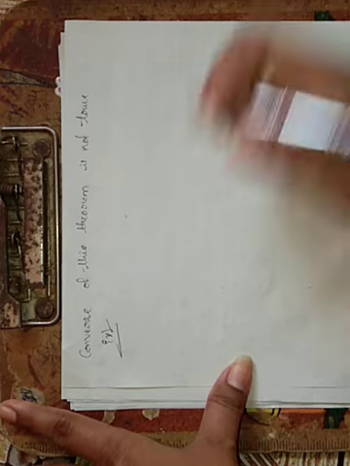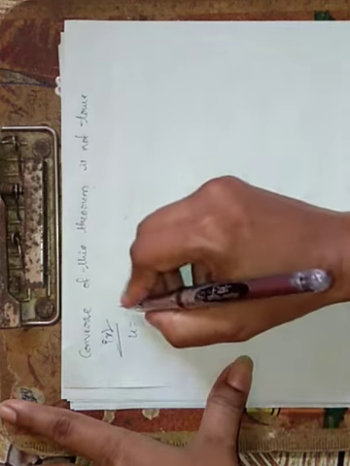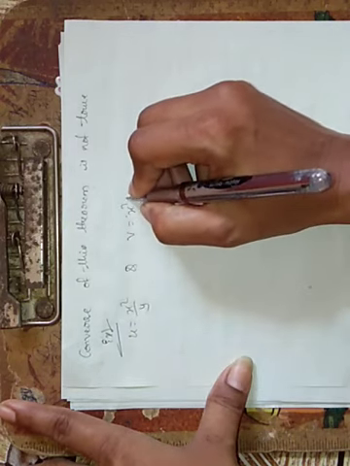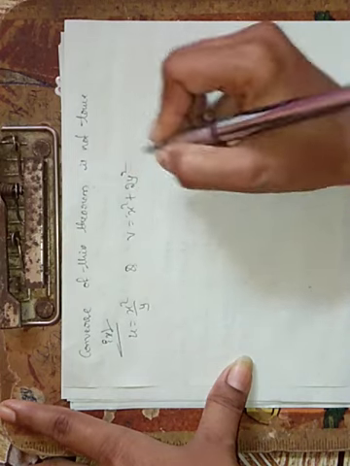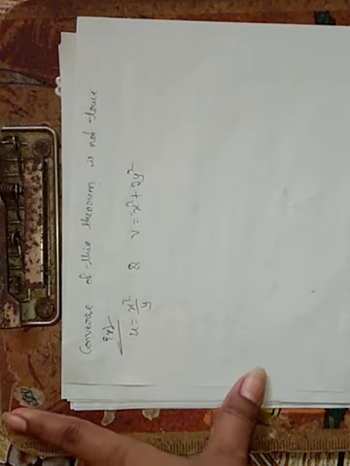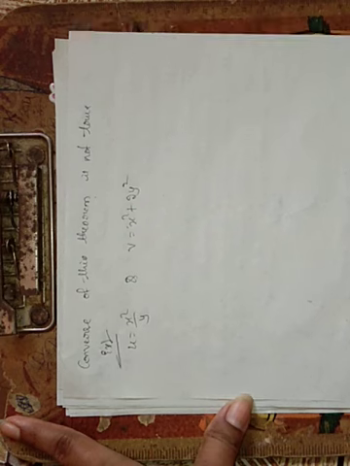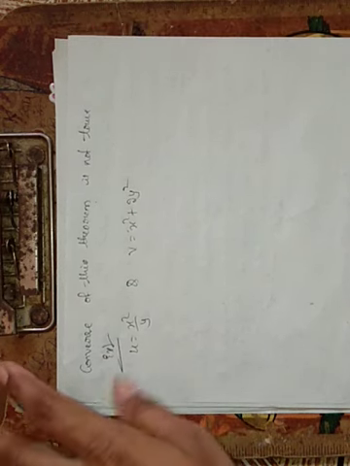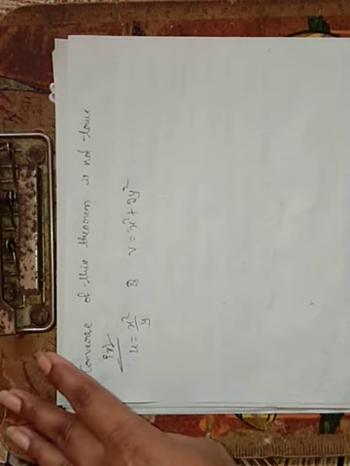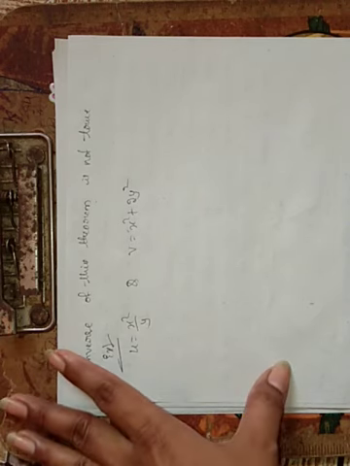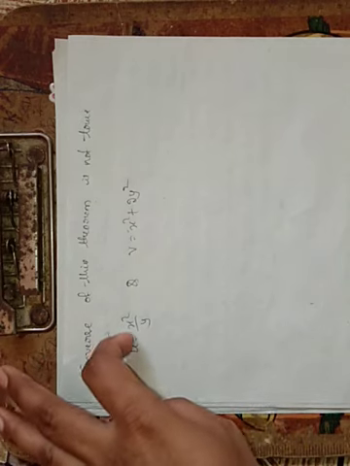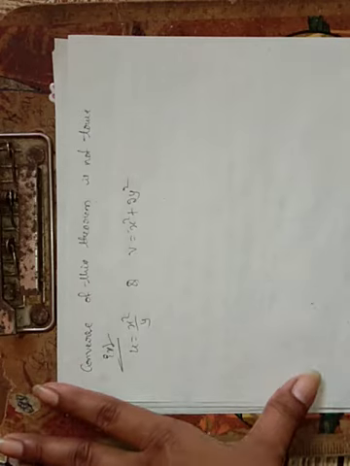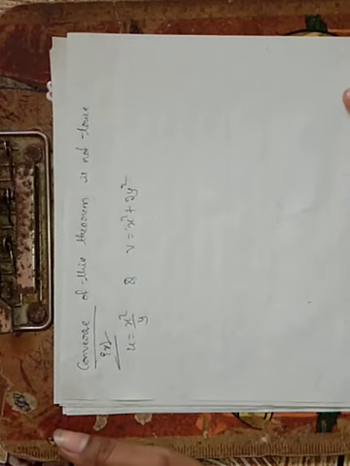So I am taking an example here. Let's consider the curves u equal to x square by y and v equal to x square plus 2y square. The converse of the theorem means if the curves intersect each other orthogonally, then it is not analytic. Not analytic means it does not satisfy the CR equations. So m1 into m2 equal to minus 1, but CR equations are not satisfied. That is the converse of the theorem.